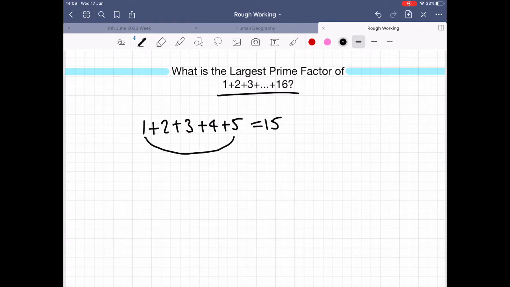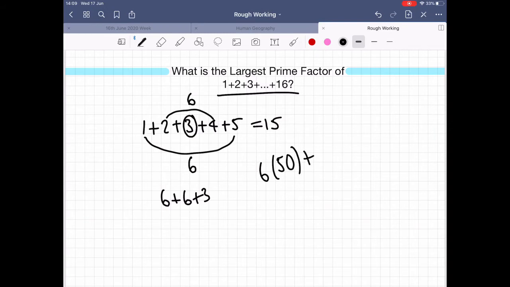be if you add these two, 1 and 5, you'd get 6, and if you add 2 and 4, you'd also get 6, and then you'd just be left with 3 in the middle, so you can put 6 plus 3. And when you have longer sequences, let's say if they add to 6, you can put 6 times 50, and then plus whatever the number in the middle is. And you can just find the number in the middle by finding the median of 1 to 5, which is obviously 3. So